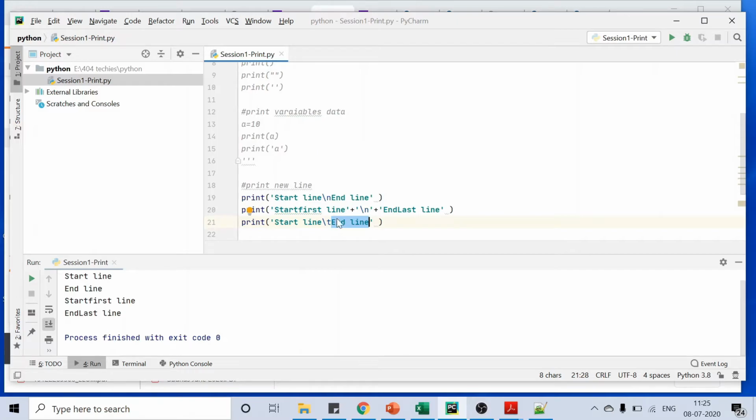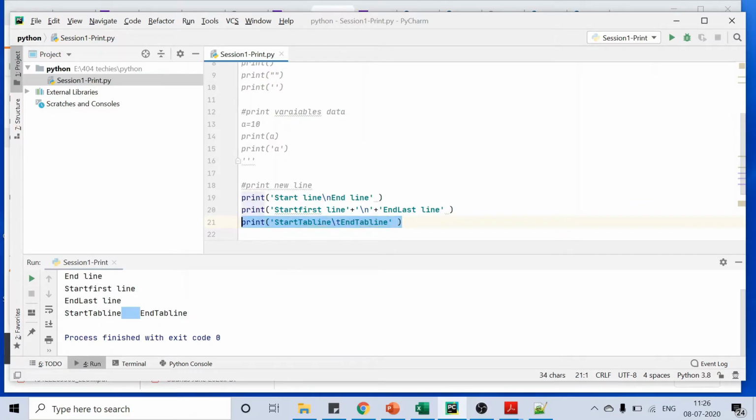Slash t will give space between the start line and the end line. Let's see. If you see here, I get start tab line and one space and end tab line.